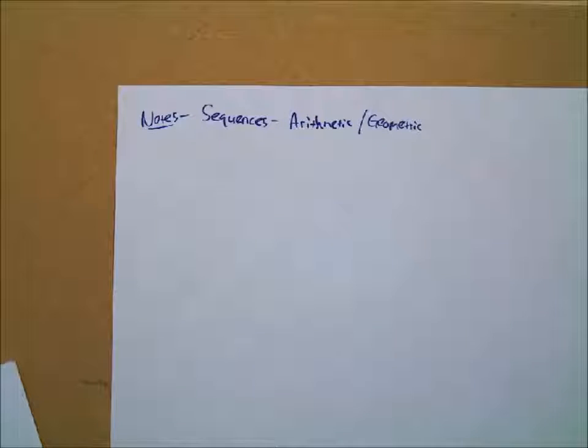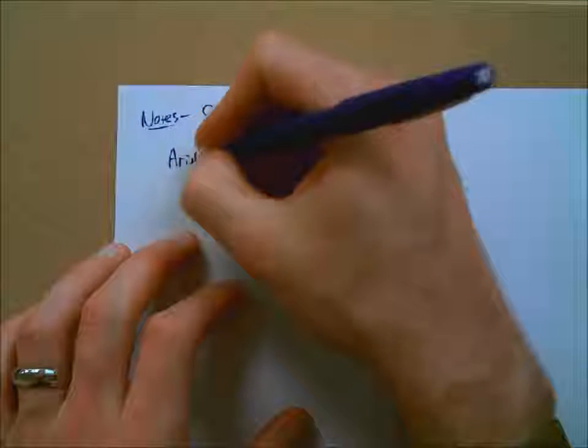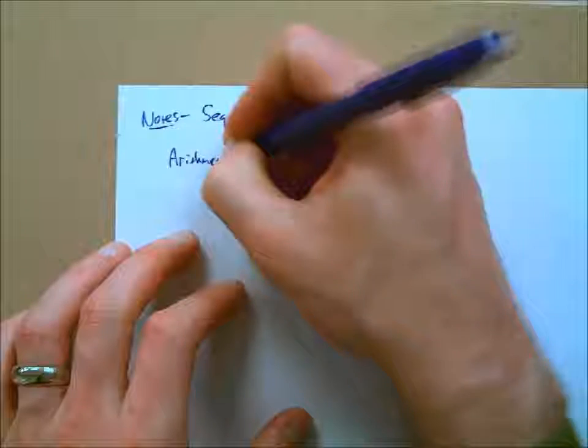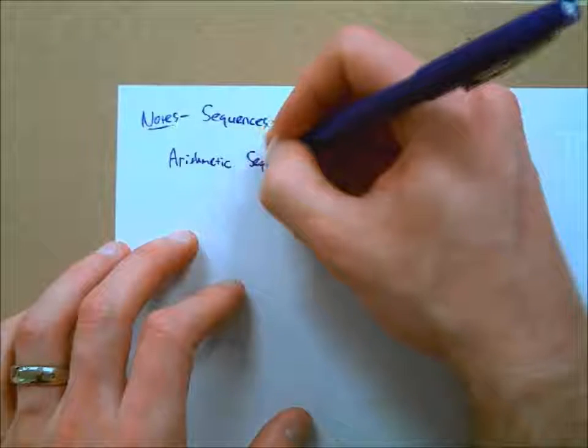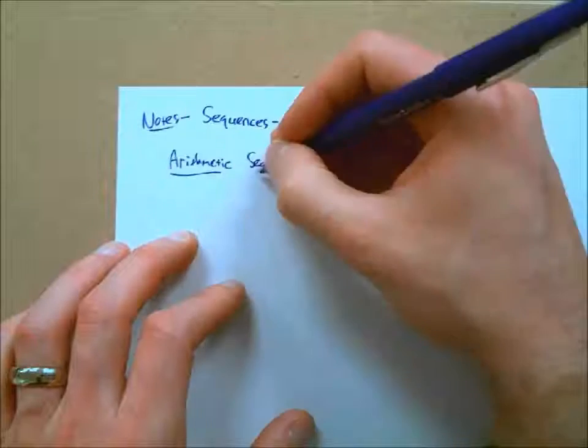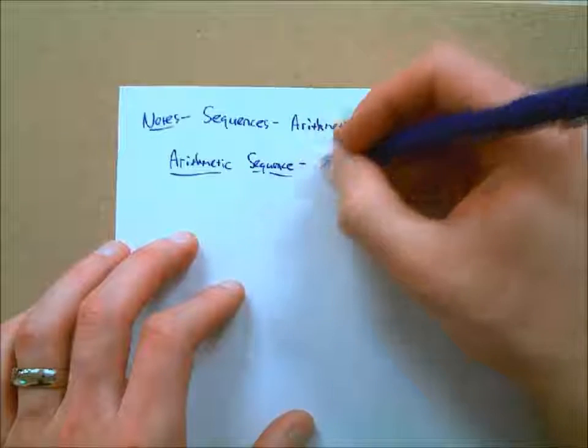So for example, we talked about the Fibonacci sequence, a list of numbers where you get them by adding the two previous numbers to get the next number. For an arithmetic sequence, that's a named type of sequence. And from your prior experience, an arithmetic sequence is called arithmetic because, well, it's a sequence of numbers